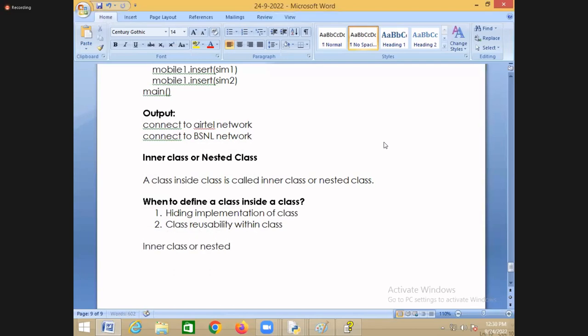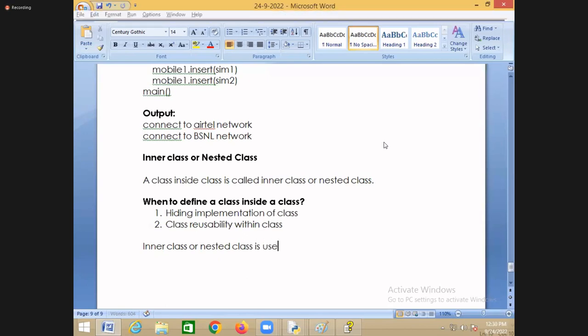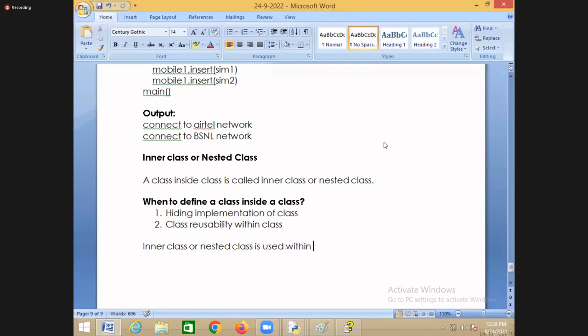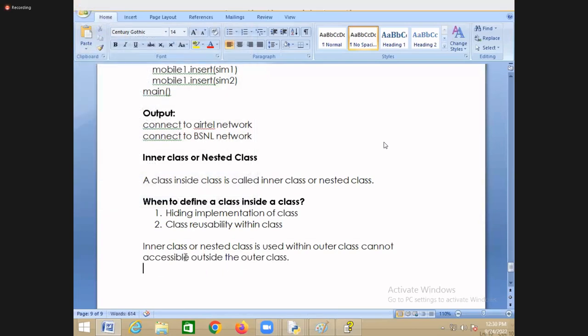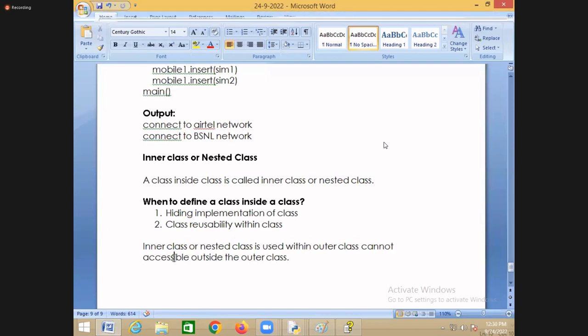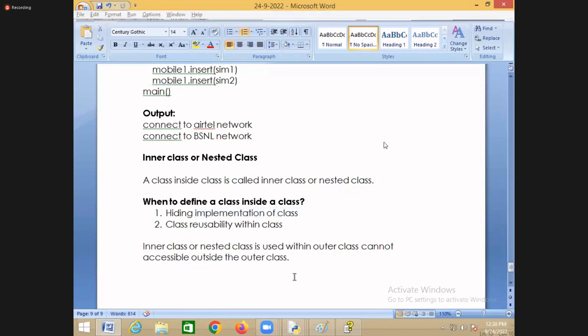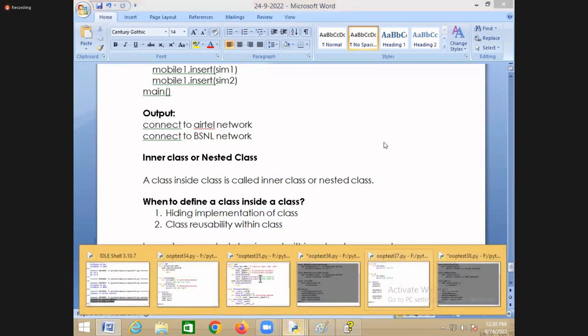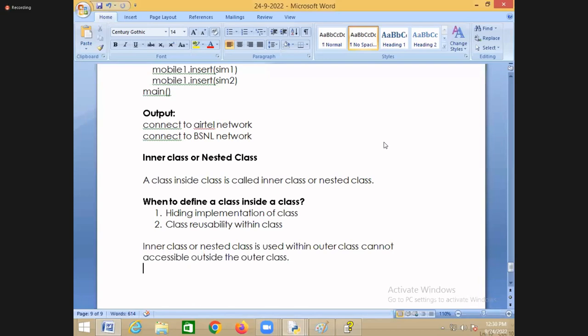An inner class or nested class is used within the outer class, but cannot be accessed outside the outer class. That is what you call hiding the implementation. So these inner classes